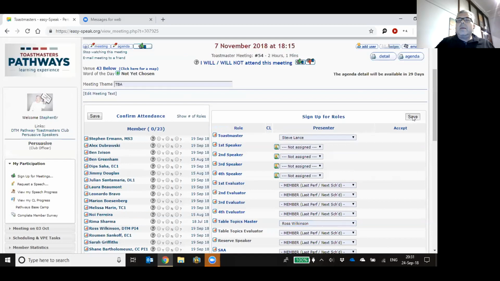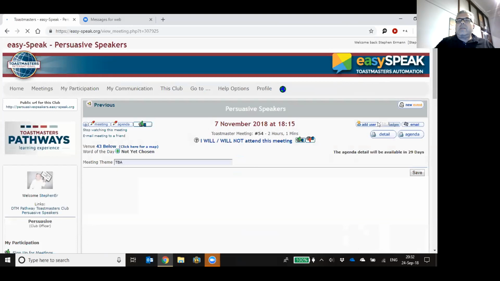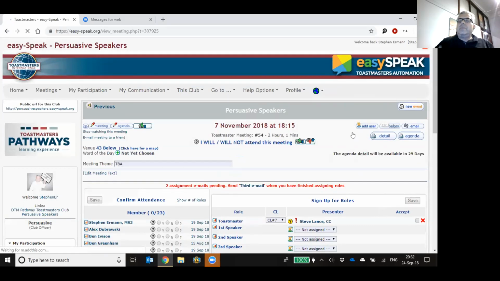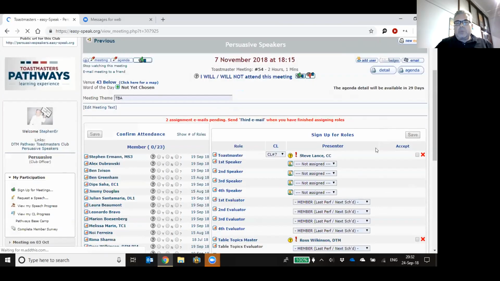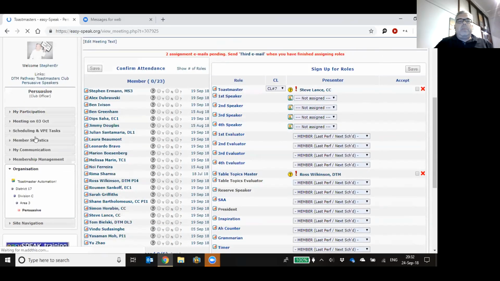And I can save these few settings. I'm not going to go through the whole process because of time, but I want to show you how to assign speakers, because in our club, being a young club, where most members are beginners, what we do is we assign the speaking slots based on when they last spoke. So EasySpeak has a screen for that,